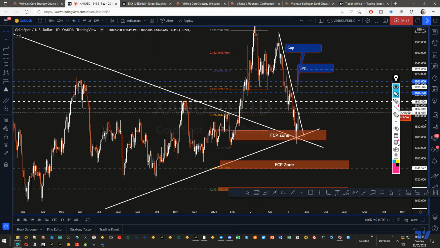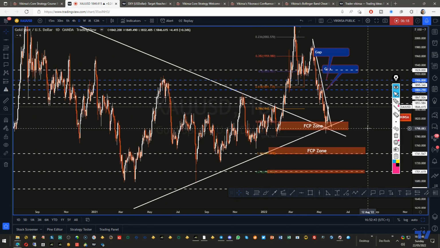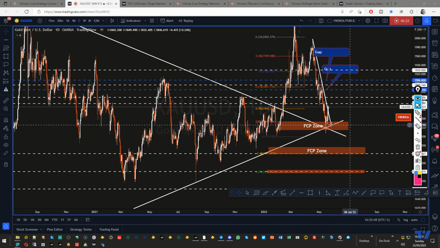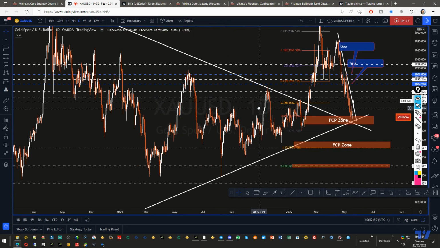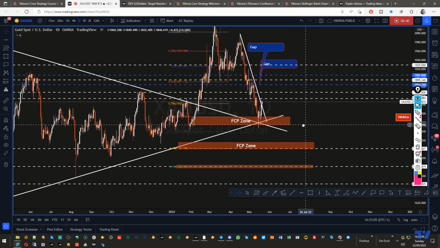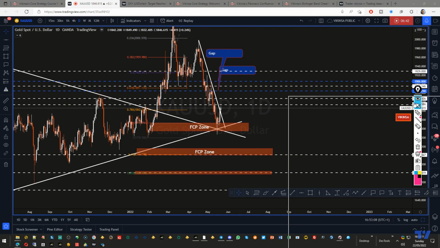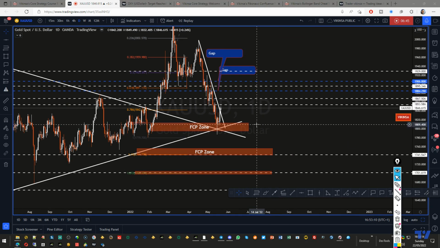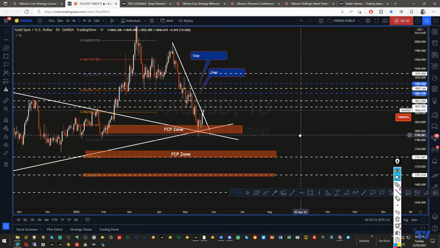Now, if you have been following my analysis for a while, you remember the importance of 1806. The market came back into the 1806 level here, which has been acting as a very good price pivot point for months. If you go back and look at my analysis for the past few months, you will see that before this huge move came up, the market kept on revolving around 1806, and this is where it came back again. So near about where we are right now is 1806. That's kind of an average pivot sort of thing, right? So the market came back here and it started to go up.